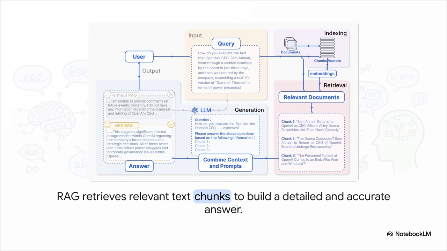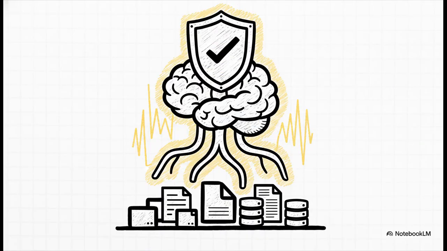And this right here shows you the power of RAG perfectly. On the one hand, without RAG, the model just kind of throws its hands up and says, sorry, I don't have current info. But with RAG, it goes out, grabs these specific relevant chunks of text from its knowledge base, and uses them to build a really detailed, accurate, and up-to-date answer. It is a total game changer for getting reliable results. And really, that's the bottom line. By grounding its answers in real-time, verifiable data, RAG is a huge leap forward in making these incredible AI tools more reliable, more accurate, and, most importantly, more trustworthy for all of us.